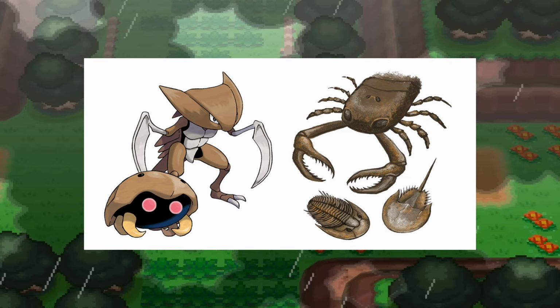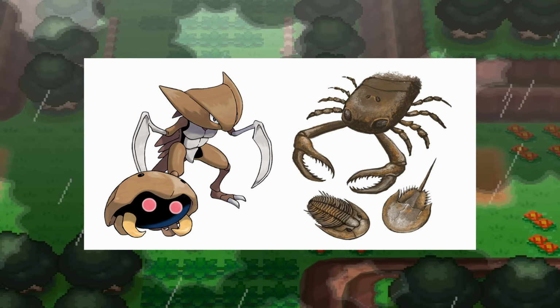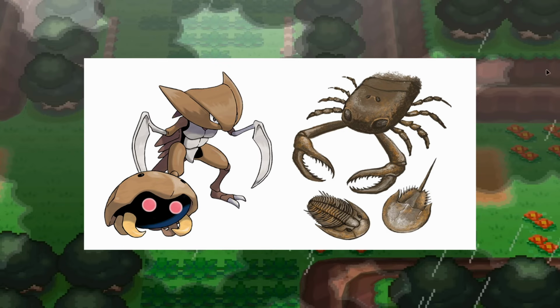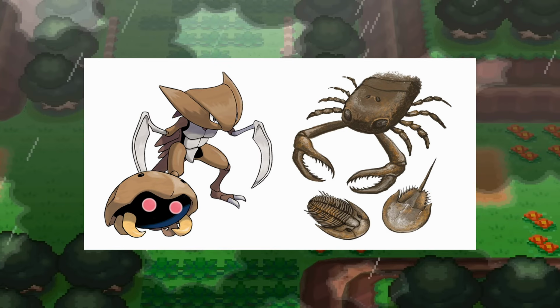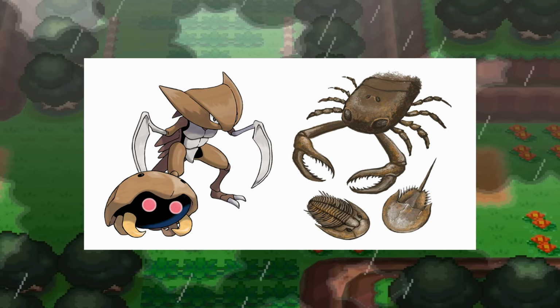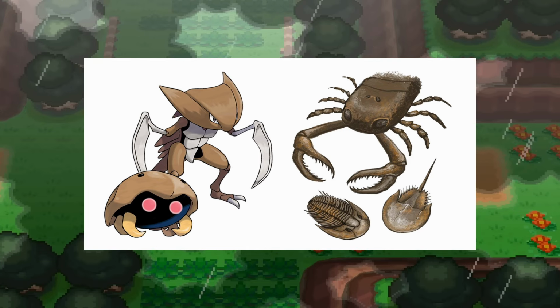Now, once it evolves into Kabutops, that's where it gets a little bit sticky. Kabutops is kind of a mesh of multiple things. The biggest thing that it's based off of is a little bit of trilobite, but its biggest part is part of the Eurypterids, also known as sea scorpions. A part of the sea scorpions we know is the gigantic, this one's hard to pronounce, Jaekelopterus. The Jaekelopterus was a very big arachnid. It's considered probably the biggest arachnid that ever lived, as it grew up to be at least 8 feet or more long, which is crazy. And it lived on the ocean floor,